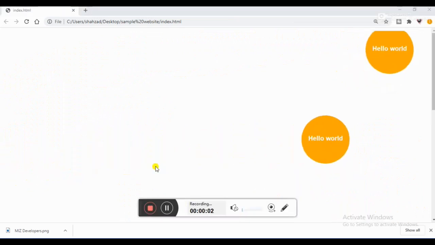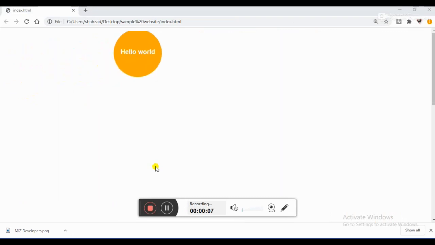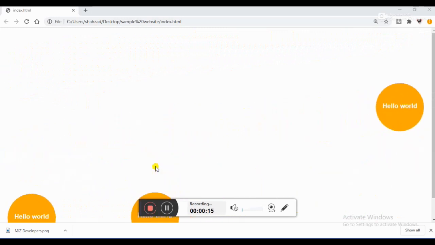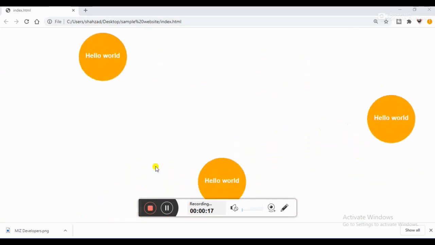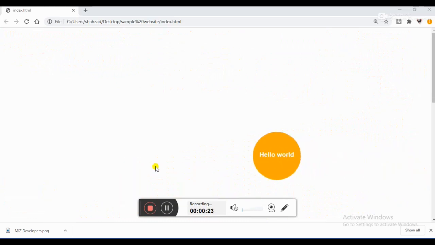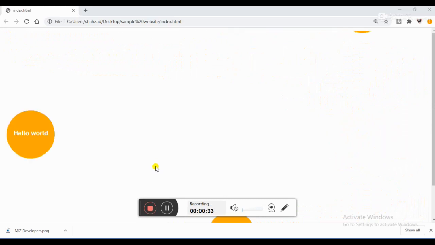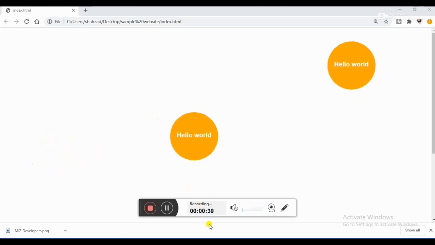Hi guys, today I'm going to show you how to make simple bubbles, as you can see on my screen. These are the balls, randomly moving with an animation. If you want to apply these effects on your websites, in my previous video I showed how to make a screensaver, so this is also compatible for a screensaver. So how is it possible to make this kind of effect in your website? Let's get started.